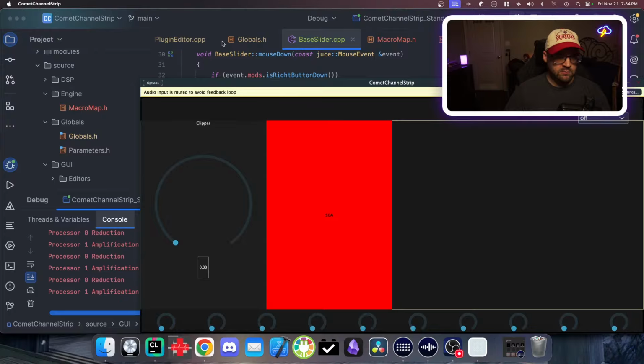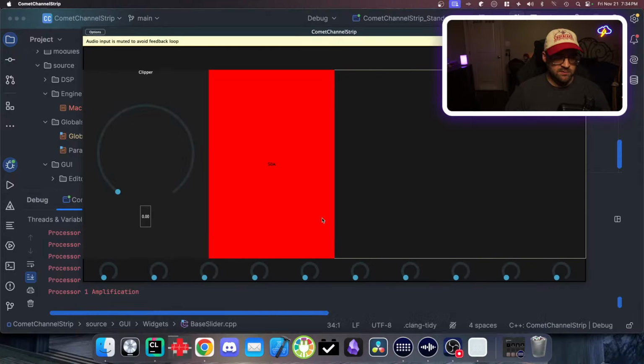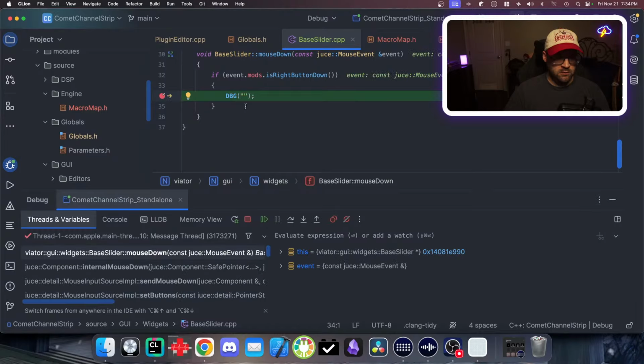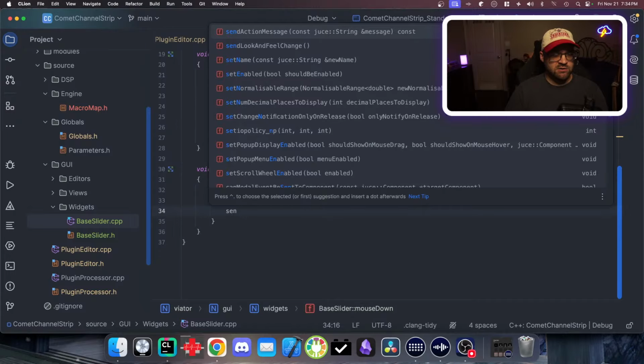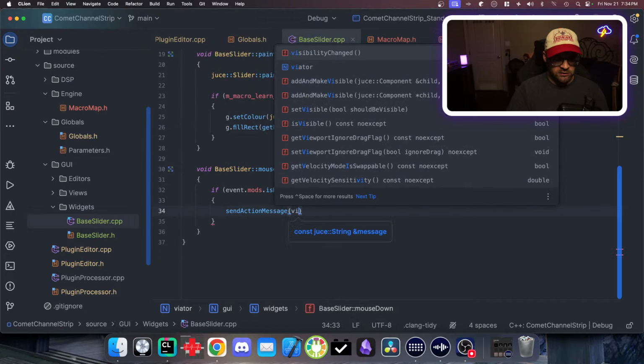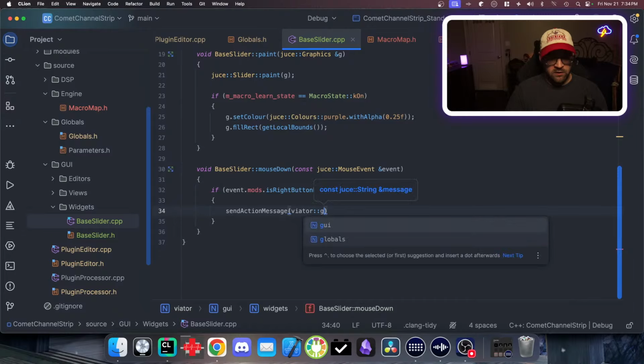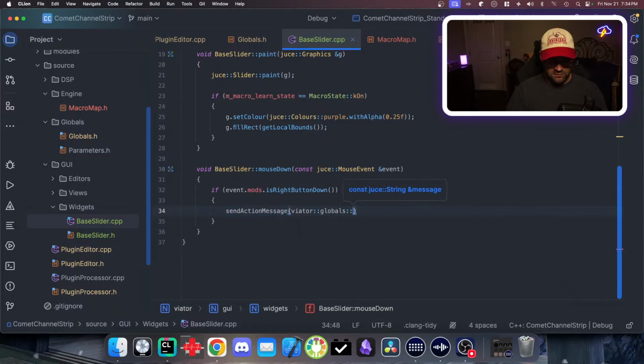All right, let's see what happens when I right click this bad boy. Oh, we got there. Okay, I don't need a listener. That's good. So what we'll do is, we need to broadcast a change, which is really easy. Just send action message, and then we'll do that Viator globals action commands macro toggled, and